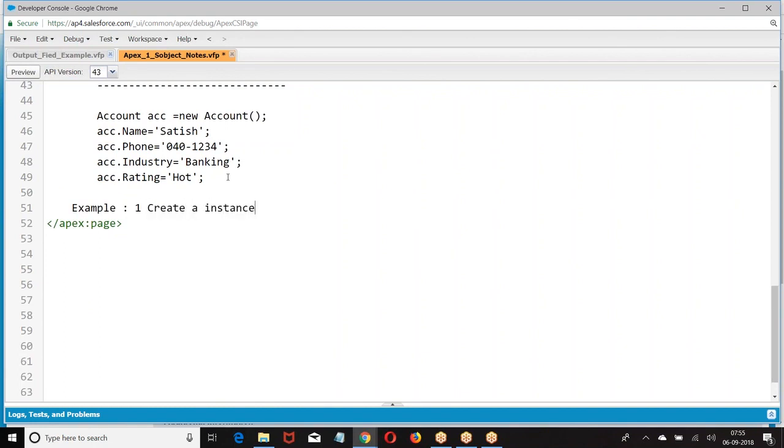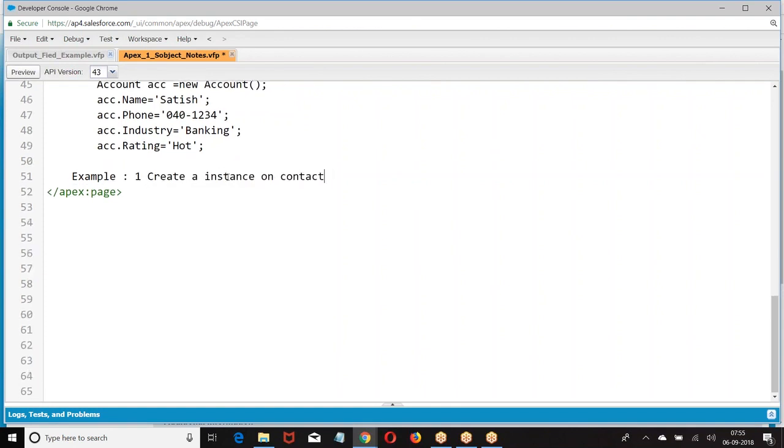Create an instance of contact. Let me give an instance of an account. Now there are three ways in which I can create it. What are the three ways? Process 1: Account ACC equal to